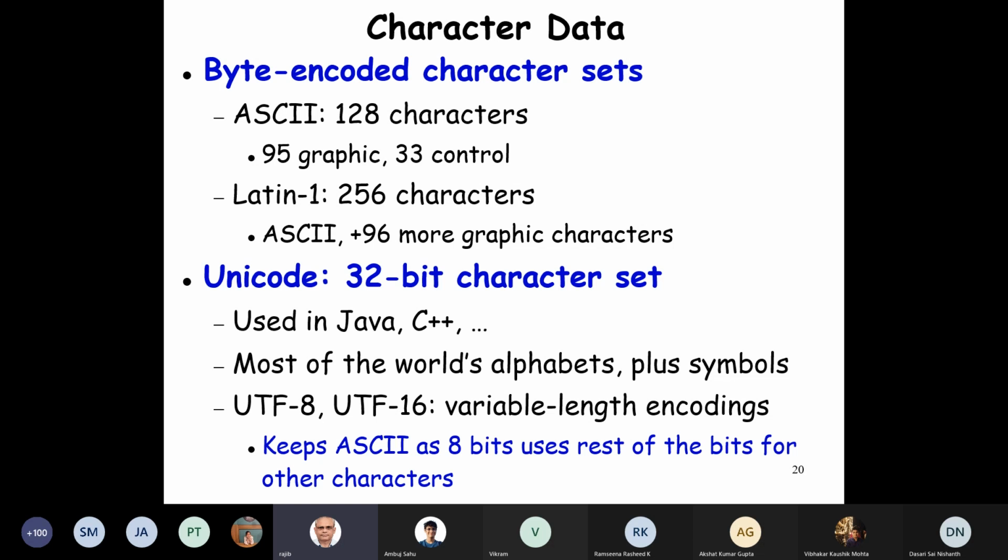If you are just using English, it would be wasteful to have all these 32 bits. So it's a variable length encoding. And remember, the first 8 bits are ASCII, so it's compatible with the earlier ASCII code. We have no difficulty when we just use English, and we don't have any performance penalty. We just use these 8 bits.